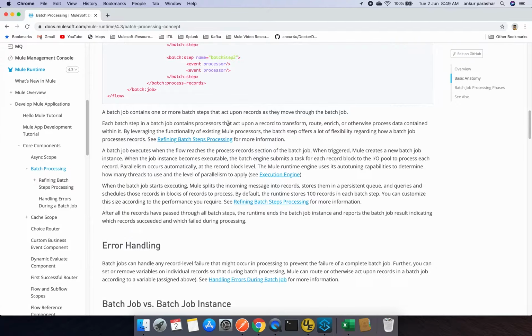Each batch job contains processed data and acts upon a record to transform, route, enrich, and otherwise process data content within it. It offers a lot of flexibility in how we can process it. When a batch job executes and the flow reaches the process record section of the batch job, it creates a new batch job instance. The batch engine submits a task for each record block to the IO pool to process each record. Parallelism occurs automatically at the record block level,